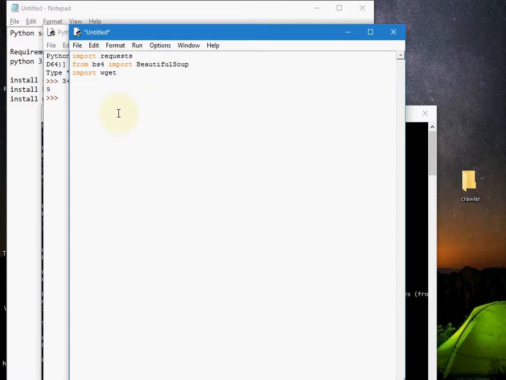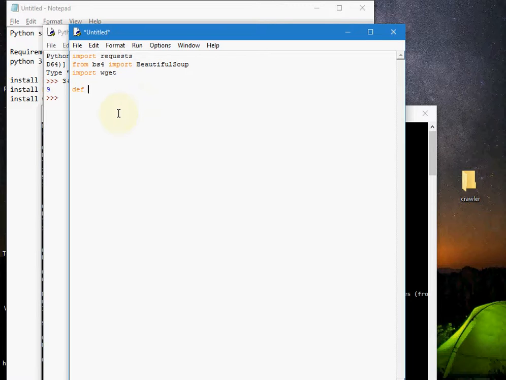Now with the help of Beautiful Soup, we know what all the elements are that we need to identify to get our data, and now we get that particular link. So how are we going to get this link to our local device? Wget is used to download that link to our machine. So this particular package is used for downloading. Here it is, we have imported all the required packages.